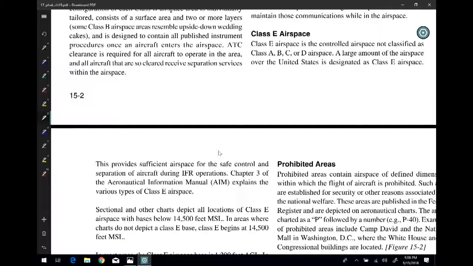Now, clearly, Class Alpha is going to be the biggest below 60,000 feet. But if you think about Class Echo beginning again at 60,001 feet up to the rest of the atmosphere, then clearly Class Echo is going to be the largest group of molecules, I think, that we have. So that's Class Echo airspace. And you can fly VFR, you can fly IFR, it's the biggest. If it's not A, B, C, or D from the controlled airspace standpoint, then it's going to be Echo.